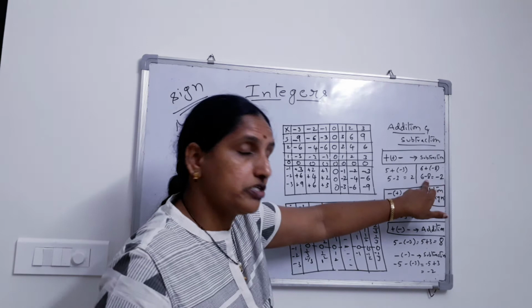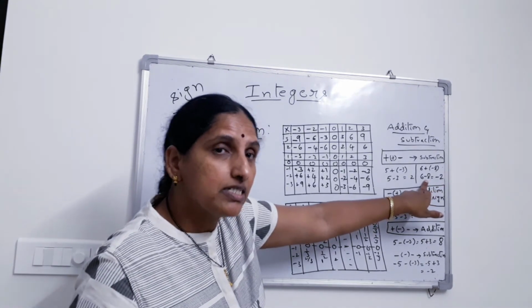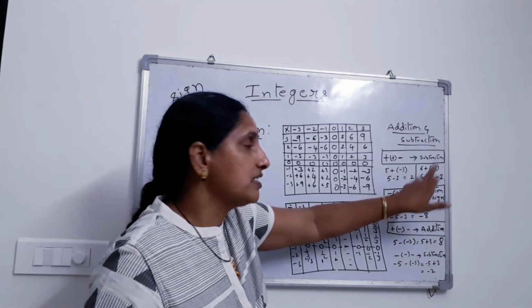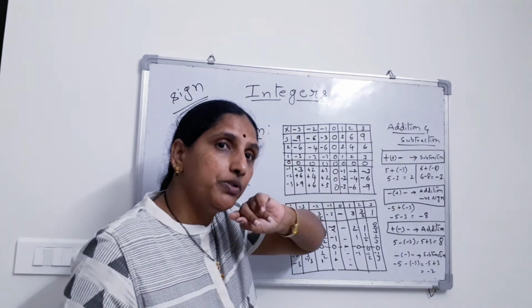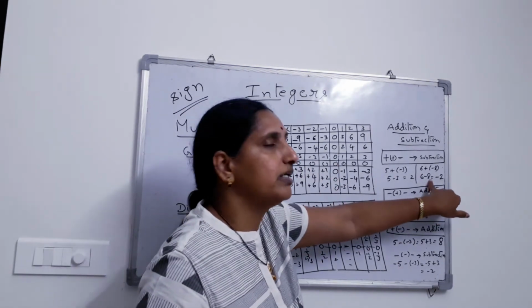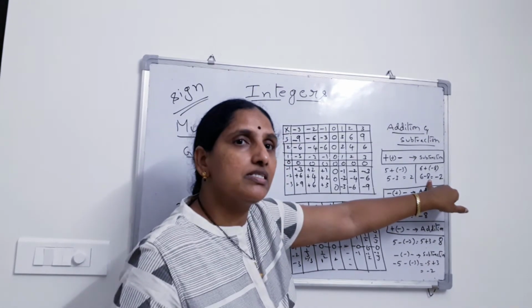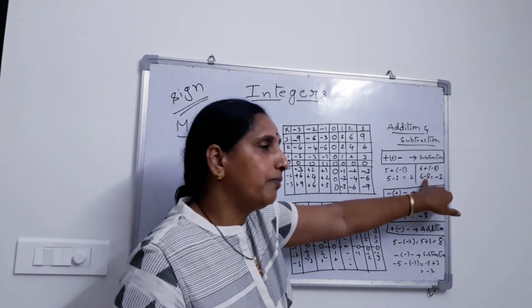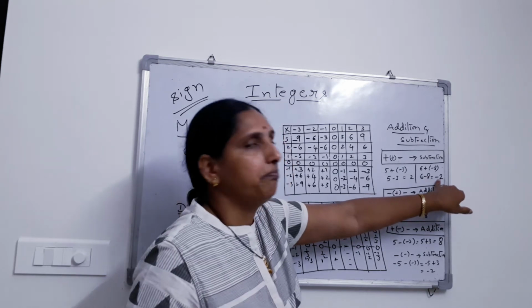So, it is subtraction. Already we discussed this. So, 8 minus 6 is 2. Which sign should we get? We should get the sign of the larger number. Which is the larger number here? 8 is the larger number. What is the sign that you have in front of 8? Minus. So, therefore, you got it to be minus.